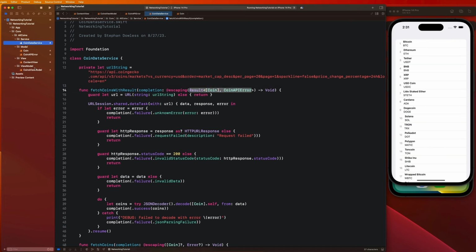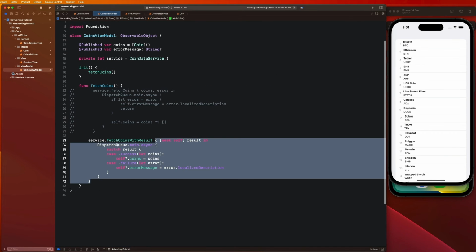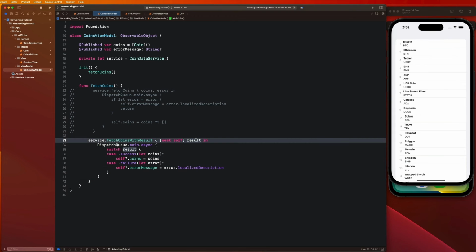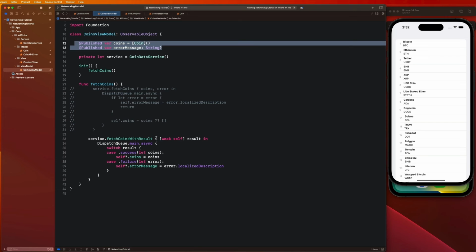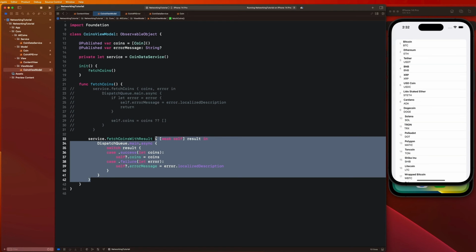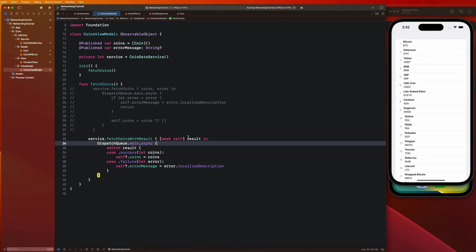So if we go back to our coin view model, this is treated as a self-contained or separate block of code. And if we want to utilize this result in any way, we need to make this an escaping closure so that we can say, hey, the properties that we're getting back inside of this block can exit this block and update things that exist outside of it. So this block is literally like its own little self-contained piece of code, guys. And now we're going to get into why we need to add weak self to this in order to be as safe as possible. And the reason for that is because if you don't,